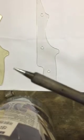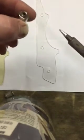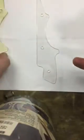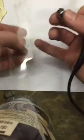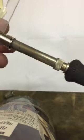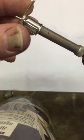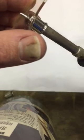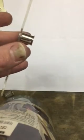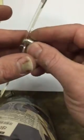Okay, so I got my new plastic. And to insert it, I just do the exact same thing. I take my soldering iron, and I take the bell, and this time I go in from the bottom side, like this. And remember, I want to insert it on this side, because it says yes in a way I can read it. So that means on my new plastic, this is the bottom. And so I take it, put it in here, and then I just push it in one of the holes and give it some pressure. And then slightly deforming the plastic, and then boop, I feel it fit in there, and it stays. And then as the plastic cools, which doesn't take very long at all,